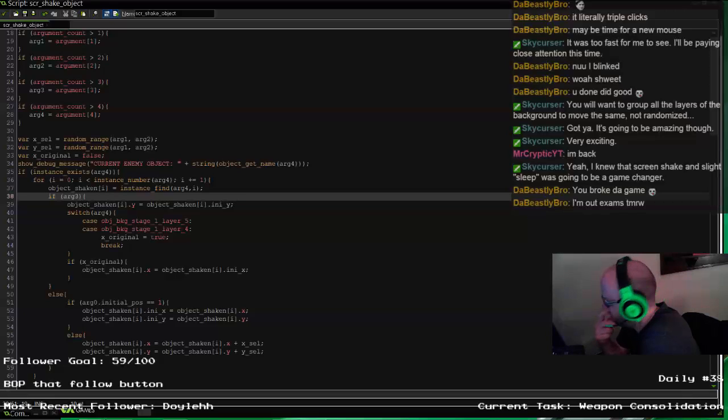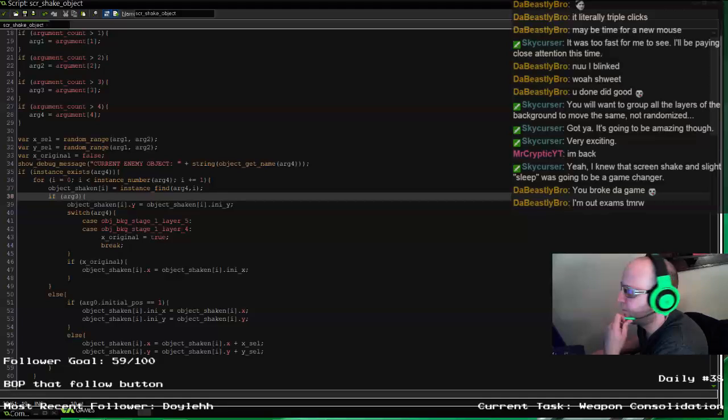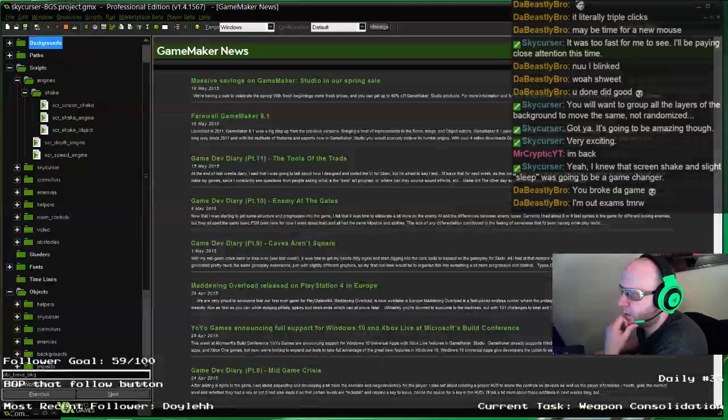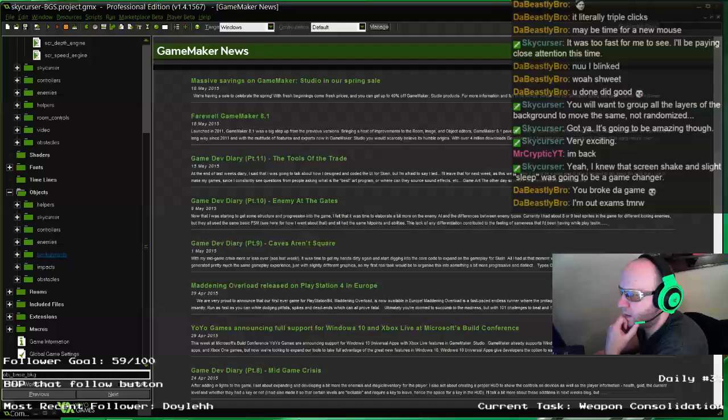Got it. I think if we know that it's a background, then we don't set the initial Y and X position because we want it to be whatever it was when we came through. So I think what we do here is slightly modify, very slightly modify the